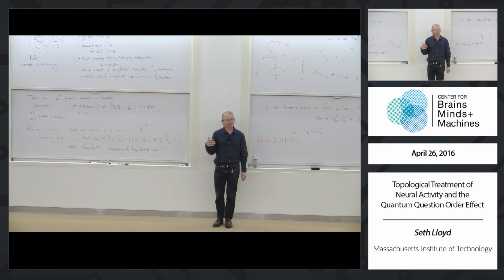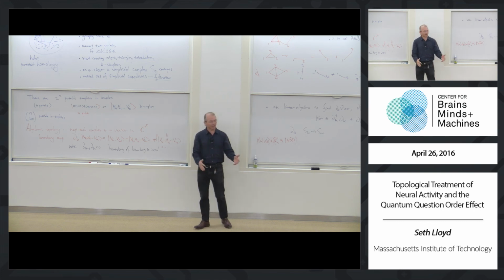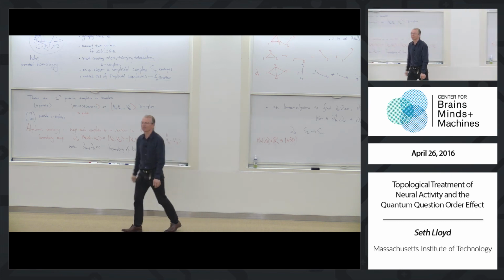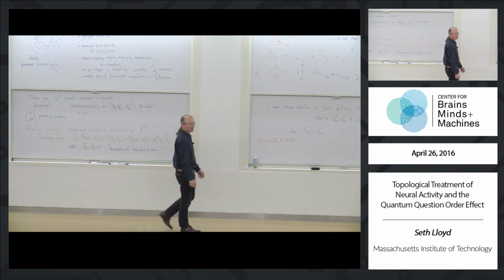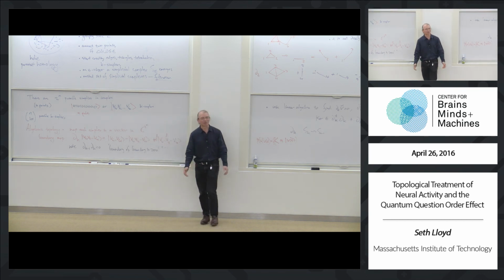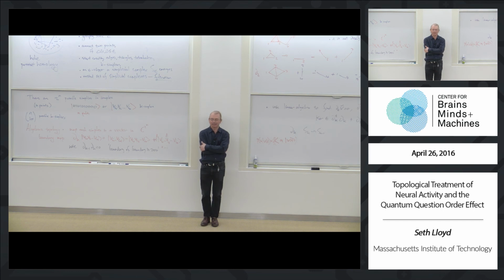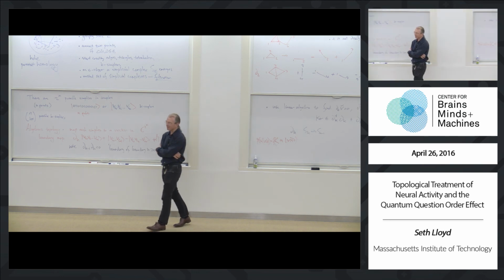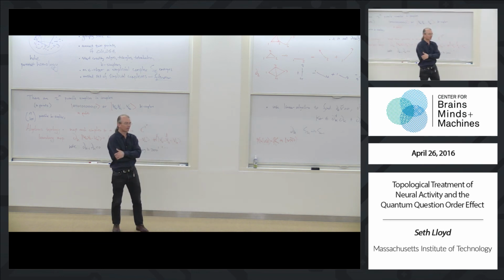Anyway, to make sense of what's going on in the brain, which is very mysterious, certainly very mysterious to me, and not only because I'm more ignorant about that than most of the people in this room, but because it is mysterious, I think it's important to look at different ways of looking at what's happening in the brain. It seems to me that this kind of topological analysis might be helpful.